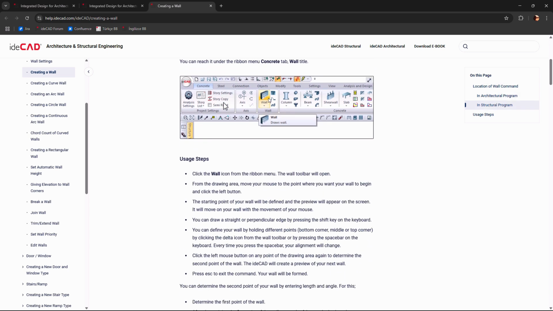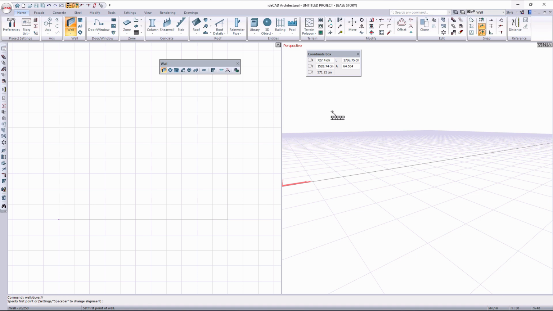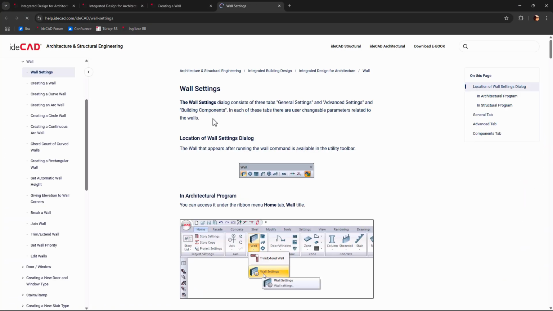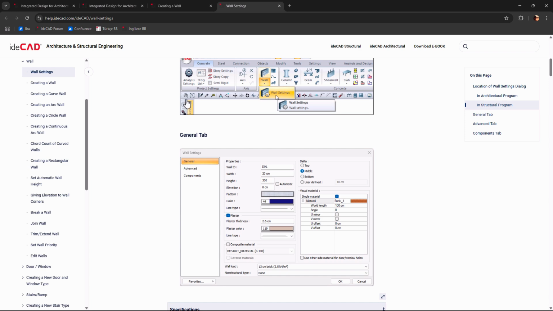This page contains technical explanations directly related to the command within the knowledge base. Pressing the F1 key during any command or while a dialog box is open is sufficient to access the corresponding help content. For example, if the Wall Settings dialog is open and you press F1, the relevant help page will be displayed.